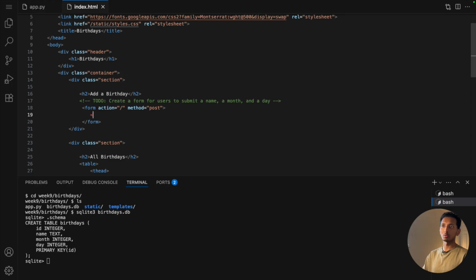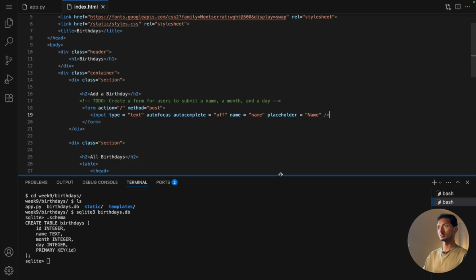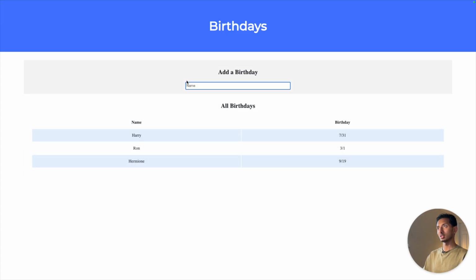Okay, so inside the form I want to create multiple input boxes. One is for name, second is for month, and the third one is for day, right? So I'll say input type is going to be text, and then I want to say autofocus, because I want it to remain autofocused, and then autocomplete equals off. And then I want to give it a name, and the name is going to be name itself, and then I want to say placeholder and call it name, and this is done. If I save it, come back to our preview, and reload this, there we go, we have a name